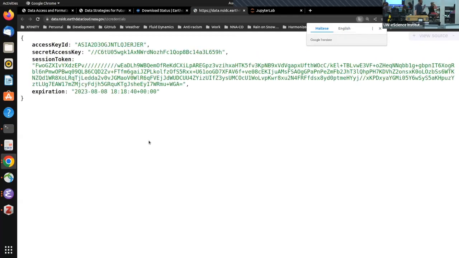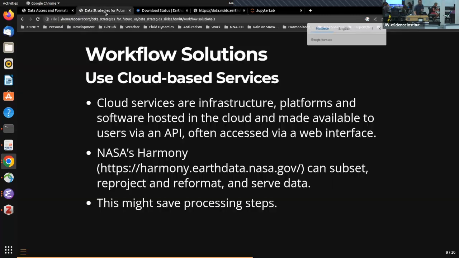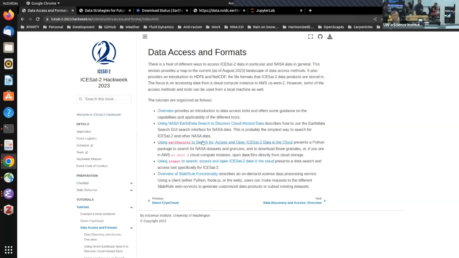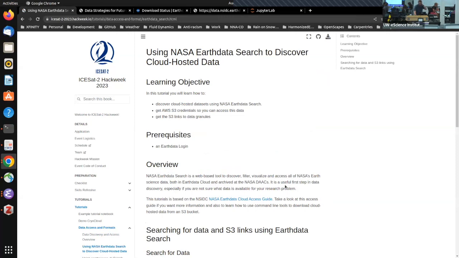These are secret, but I'm not expecting you to remember all these characters here, so I'll be impressed if you do. They only last for an hour, so it's pretty safe. But this is the extra piece of information that you need to access data in the cloud. Now, there are ways of working with this directly, and I will direct you to a tutorial that we have